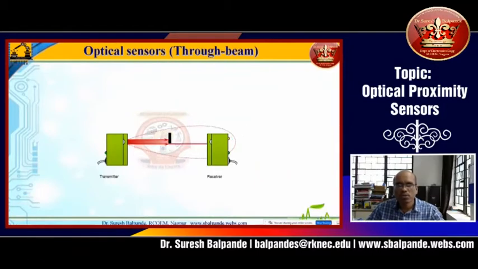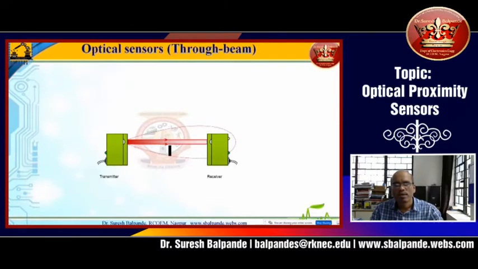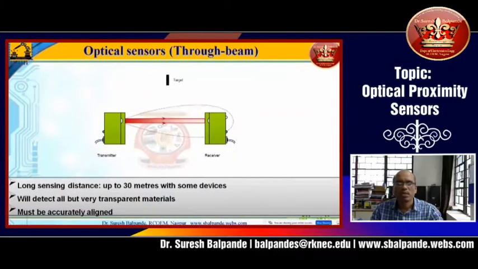Even in the previous case, a very minute amount of light was falling, and that was also not aligned with the receiver, and that is why at that instant only this LED was showing the status. And the same thing is for this status also, and you can see here again the same thing. Now if it is completely passed and there is no interruption in the light, again this LED is turning off. So it is in off condition now. Still this green LED is glowing. So this is the arrangement you find in a through beam optical sensor.